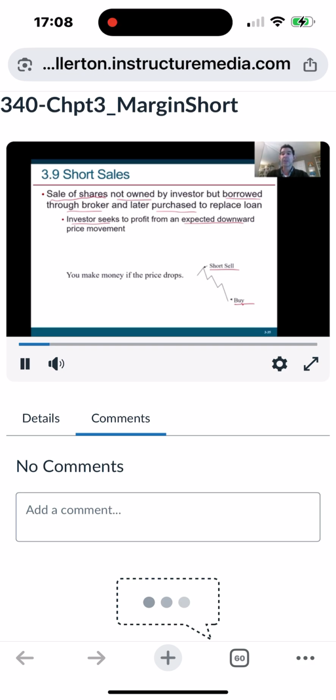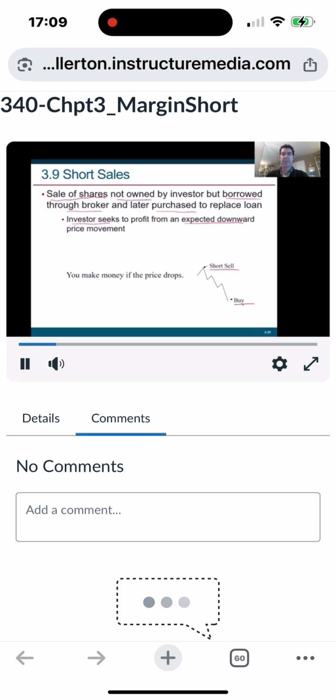Again, how do you sell something that you don't own? You have to borrow it from somebody else, okay? And it turns out that the broker facilitates that, makes it very easy. It's as easy as just clicking on short sell and the number of shares. And if those shares are available, they will loan them to you, you sell it, and then at some point in the future, you will have to buy it back.